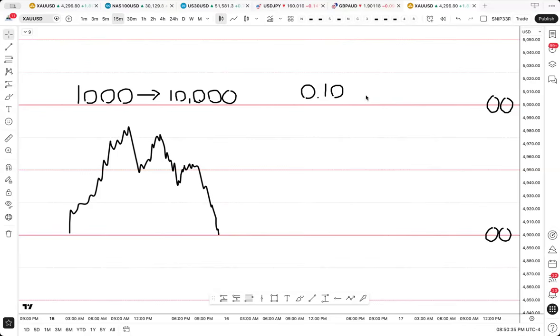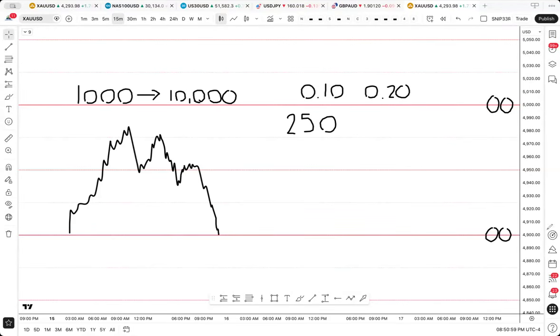But a point 20 for one quarter is $500. So if you get where I'm coming from here using simple mathematics, multiplication,